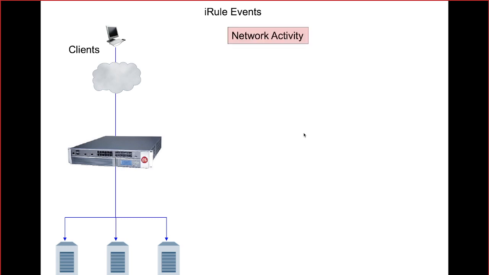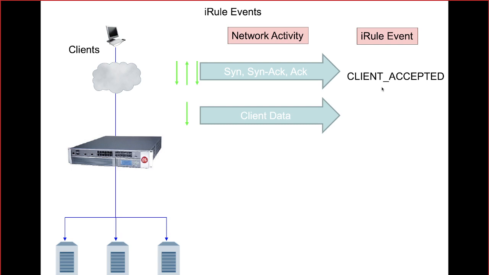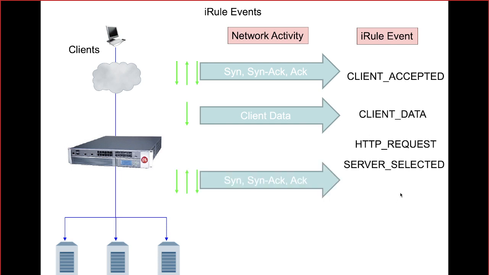Right, see what happened, network activity. The iRule event is going to be there. So SYN-ACK, what is the condition now? This is client accepted. I have explained this, right? When the three-way handshake process between the client and LTM happens, we call this what? Client accepted. Then the data is going to be flowing. That status is called what? Client data. Now the HTTP request follows, then the server is going to be selected, then the SYN-ACK is going to be established. Now you can see the server connected status message.